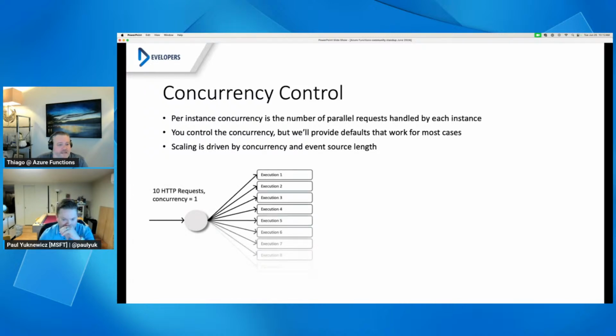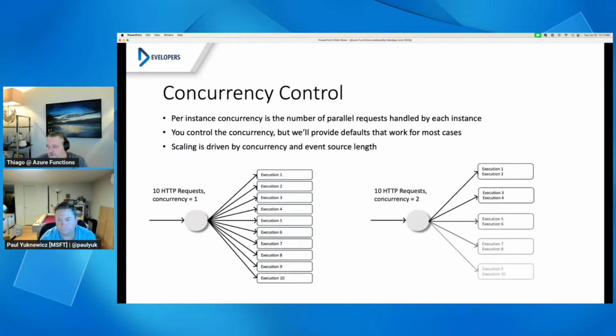So if you get 10 HTTP requests coming in with a concurrency of 1, the platform will scale the Flex Consumption app up to 10, and each of those instances will be given one HTTP request to handle. And of course, those instances will then be reused. So you might end up with fewer instances than the actual influx of HTTP requests, because some of those instances are being reused because they've finished processing already. And of course, if the concurrency is increased to 2, then the same 10 HTTP requests will give 2 executions per instance, and the app will be scaled to 5, which is pretty cool.